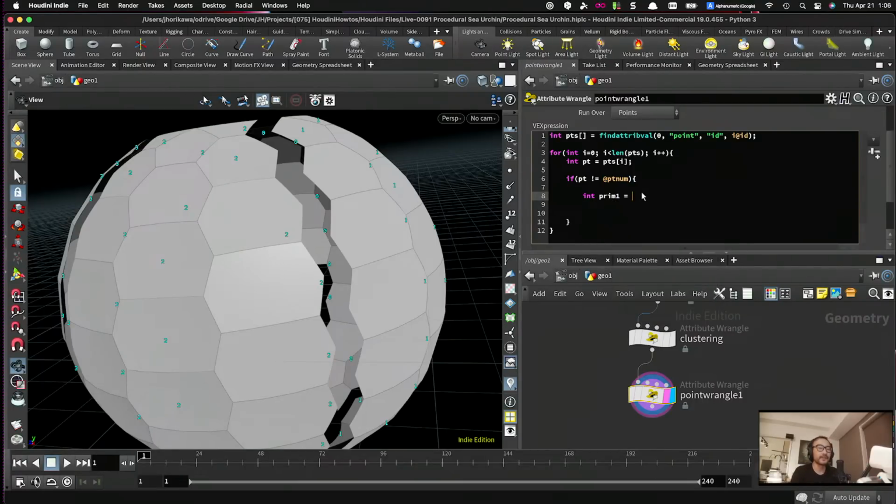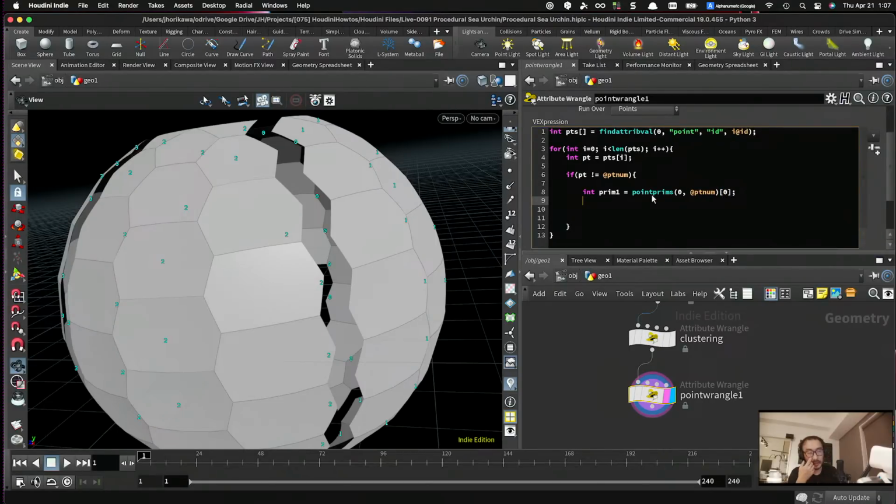So I'm going to say prim1 is the self primitive number, and primitive 2 is the target primitive number. Okay, so point prim0 ptnum first one, because it should not be connected to the other primitive. Okay,